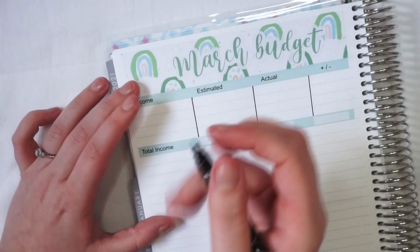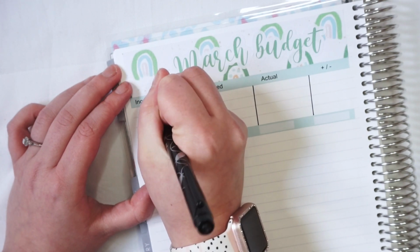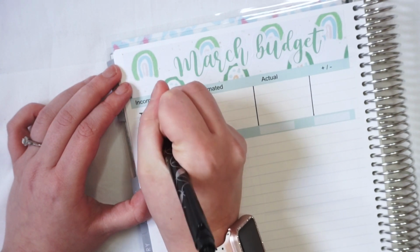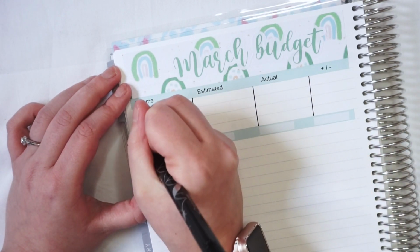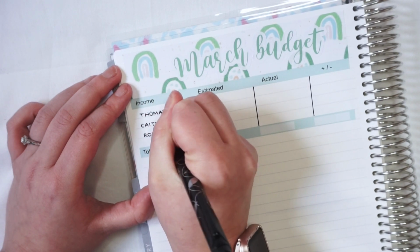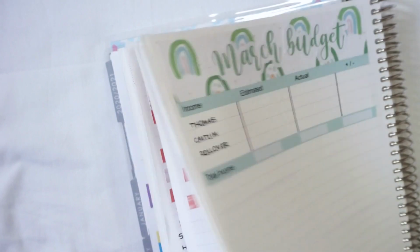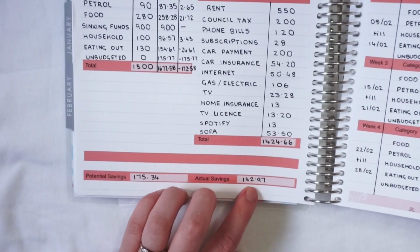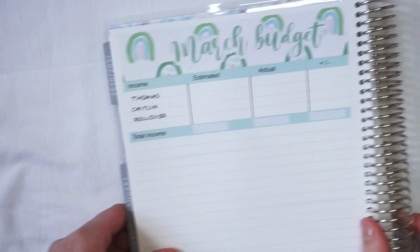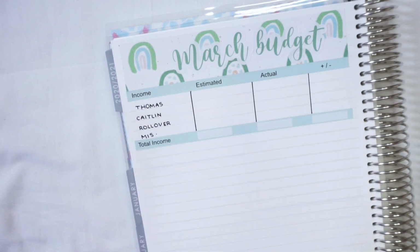Perfect. So for our income, we have, of course, Thomas's income, my income, the new categories I'm going to add are rollover. So if we have any money left over at the end of the previous month, and that may not always be the total that is in our savings part, just because we may put money towards something. So as you can see here, the savings at the end of February was £142.97, but we are not rolling over that amount. And then the last one I'm going to do is miscellaneous, just in case we sell anything or get extra